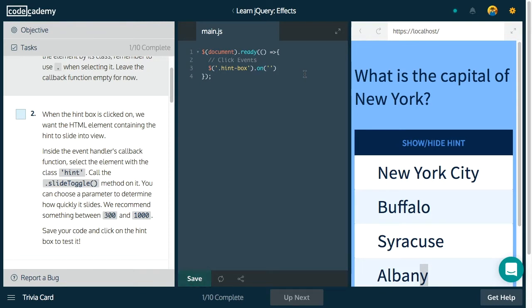On click, a function, this function. And within that function, what are we going to say? We're going to say element with a class of hint, aka that dot, and slide, slide toggle. Now remember, we can pass slide toggle and many other of the jQuery effect methods optional